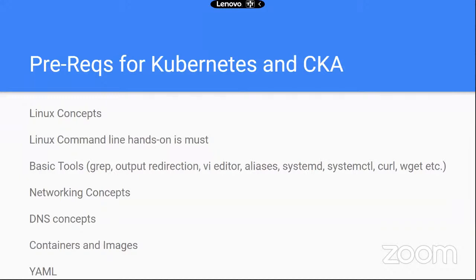So he must know where the files are stored, where the configuration files are, what kernel modules are, what the networking options for Linux machines are, and how we can configure networking. So it is good to have this much knowledge of Linux. Other than that, you should know some basic tools like grep, output redirection, and the Vim editor or the VI editor, which is a must in order to edit the YAML files, which are the manifests of Kubernetes. You should know about aliases. You should know about systemd and systemctl. You should know some basic tools like curl and wget. So it is a good amount of tools that you need to have a grip on